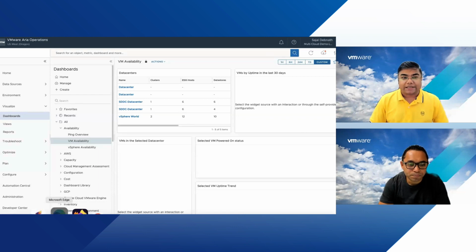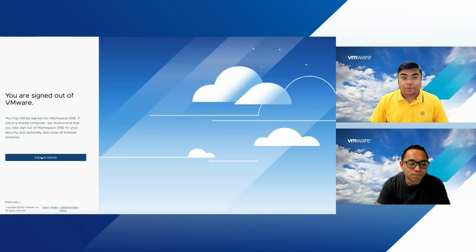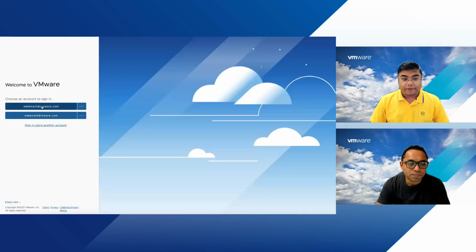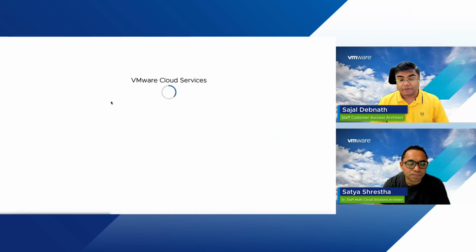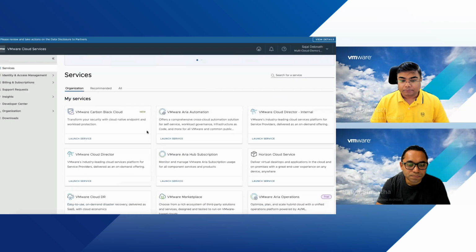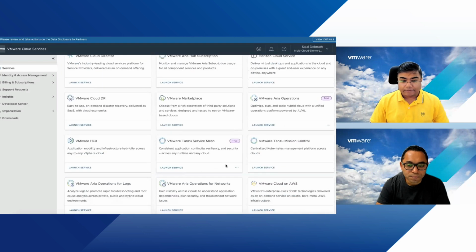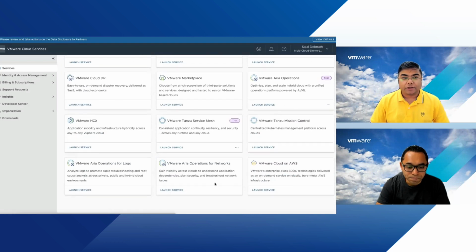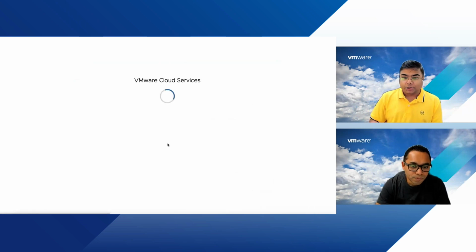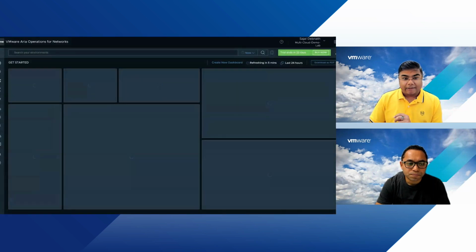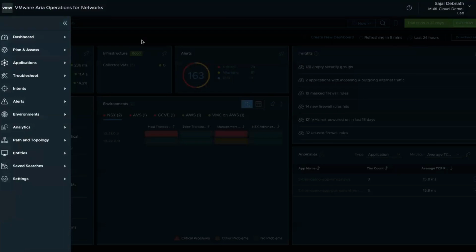So this is where it gets interesting. I have operations for network, where we can monitor those applications from the network perspective. So what happens now? I'm logging into the console and then going to operations for network, Aria Operations for Network, and all I had to do is define applications here. And the reason I'm defining it here, we would get to see, pretty interesting, is I have general visibility to the entire environment, but I'm more interested in the application.